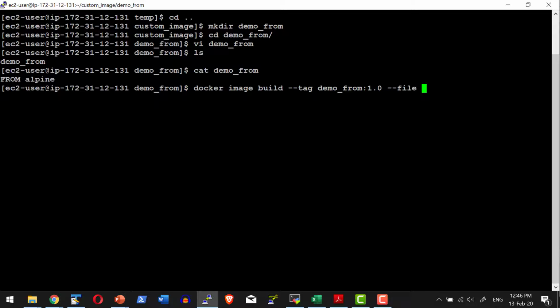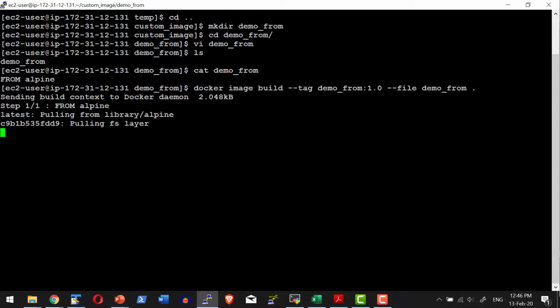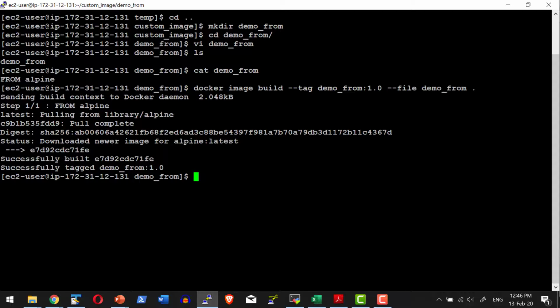And the file that I want to use is demo_from. In case I have the file name as Dockerfile, I don't need to provide this. And the file is from the current location. So this is going to look for this particular image. If it is not available, it will pull the image from the registry and it's going to create the new image and tag it with the name that we have provided.